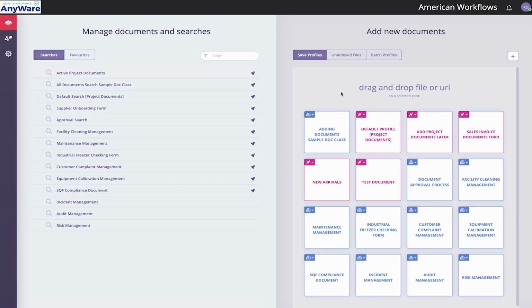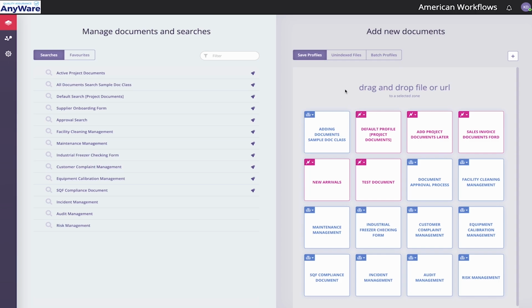All right, so as you can see on the screen, we split it into two. On the left, we have searching for information, and on the right, we have adding information. Now, within quality assurance anywhere, we search using basically saved searches on the left, as you can see right now. These searches can be configured to be as general or as wide as you like. And then on the right side,